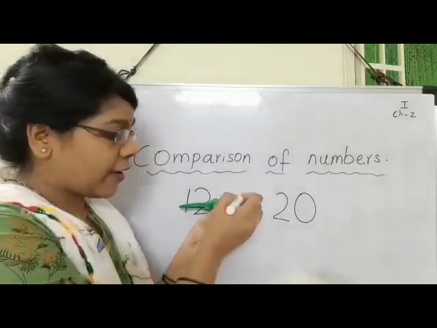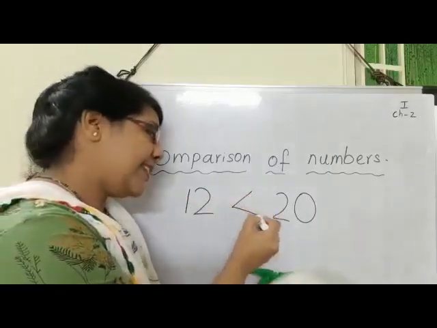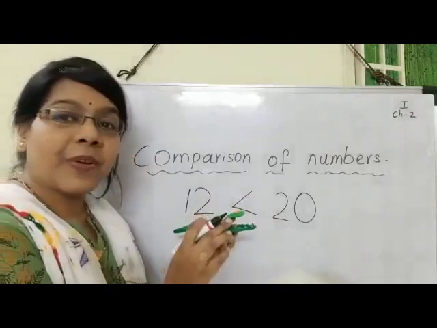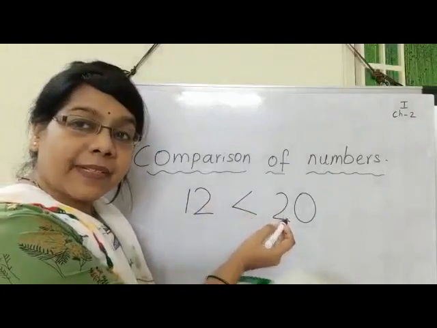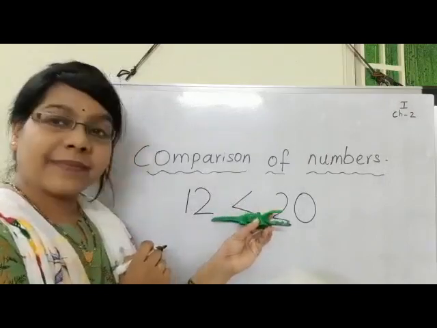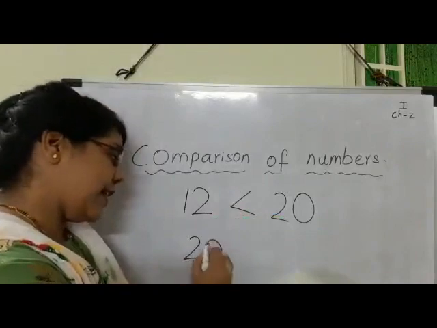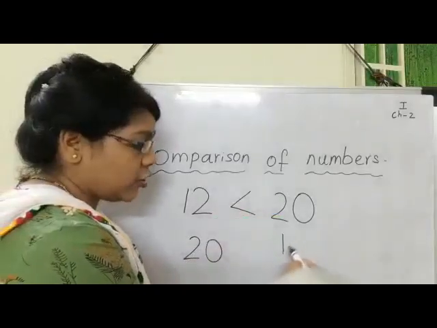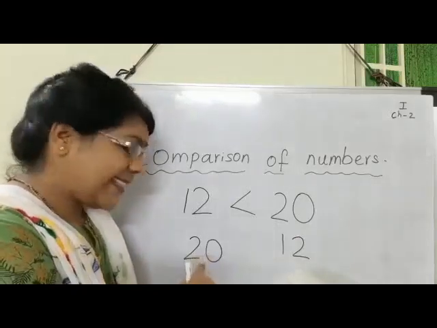The shape of crocodile mouth is like this. We are using this symbol. So its mouth is always open towards greater number. Isn't it? Yes. Now, if we write this 20 here and 12 here, its mouth will be open towards this